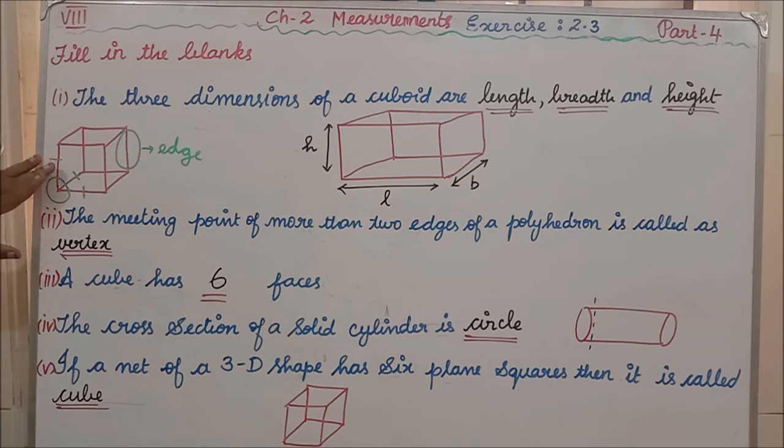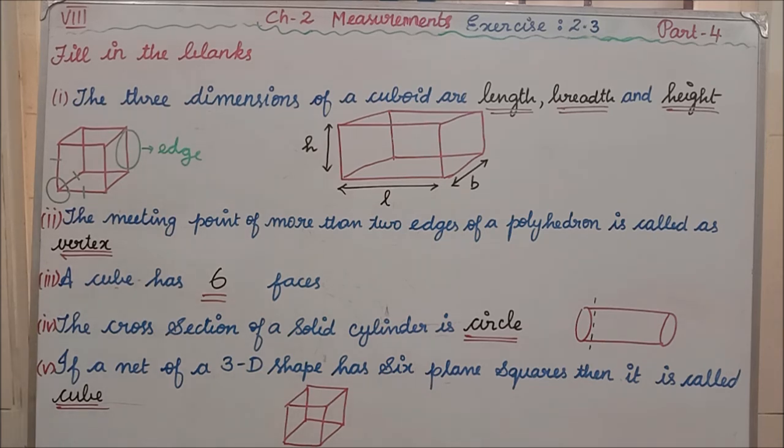Okay. Now consider the cube. How many faces will you be having here? 6 faces you will be having. Then it is a polyhedron. Then the cuboid also has 6 faces. Then that is also a polyhedron. Clear, students? Now all of you are clear about what is a polyhedron.